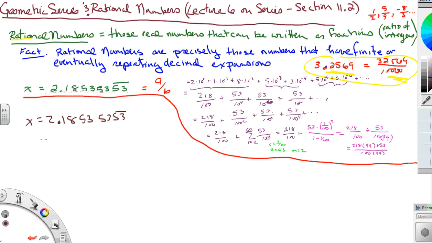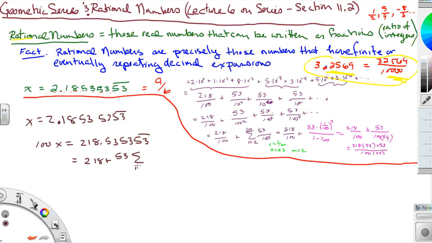First, I want to get rid of the 2.18, and so it's just 0.53 down after the decimal expansion. So if I say this is 100x, that's going to be 218.53, etc., which of course, as we saw, was 218 plus 53